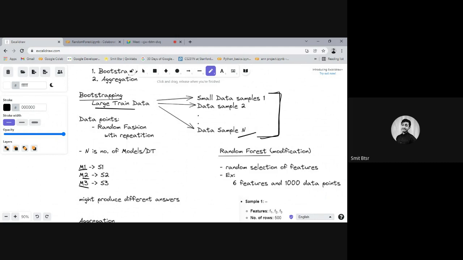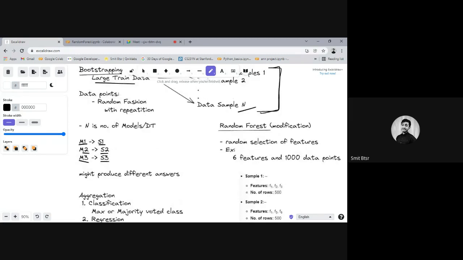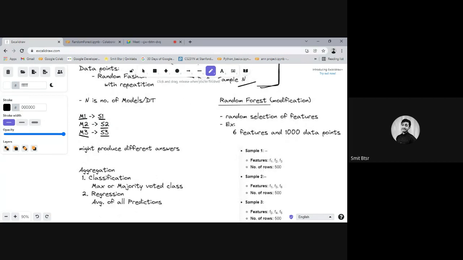The parameters or attributes of the model, basically the features on the basis of which the model is built, are the same, and only the sample data sets are different. But in the case of random forest, we do one more modification to get better results: we use different features as well. So the type of model remains the same, but the model is not exactly the same.